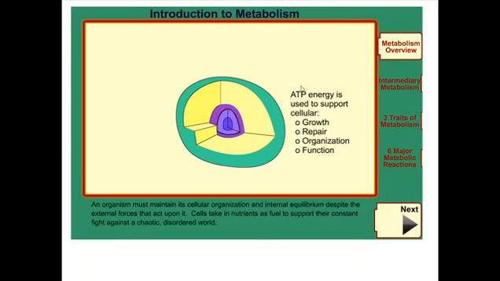And why do we need this ATP? Because ATP is the energy currency of the cell, and it helps with the growth of the cell, division of the cell, and the repair of any kind of damage that can be found in the cell. It helps those cells to be organized properly, and it also helps to maintain the functionality of the cell.